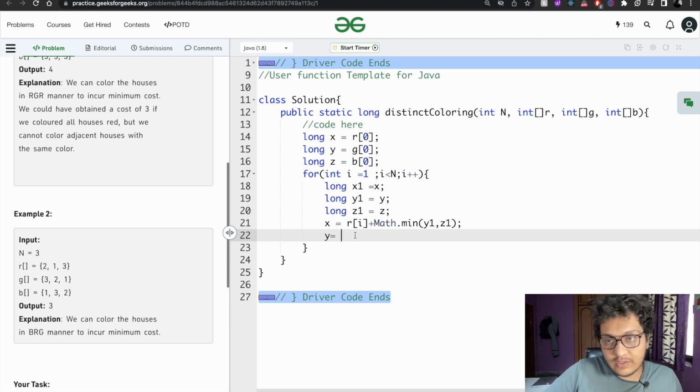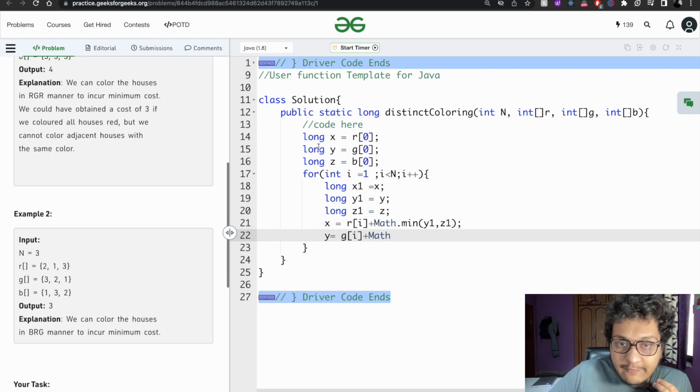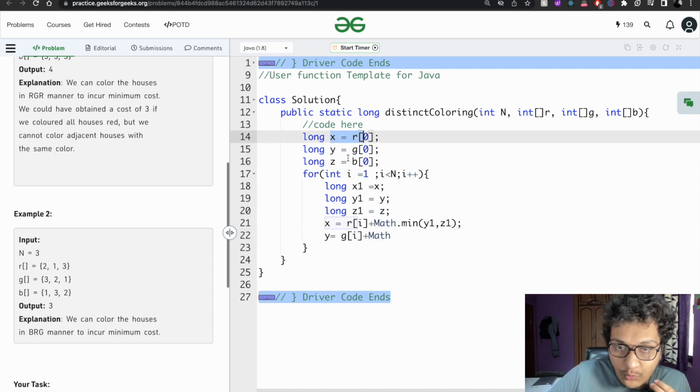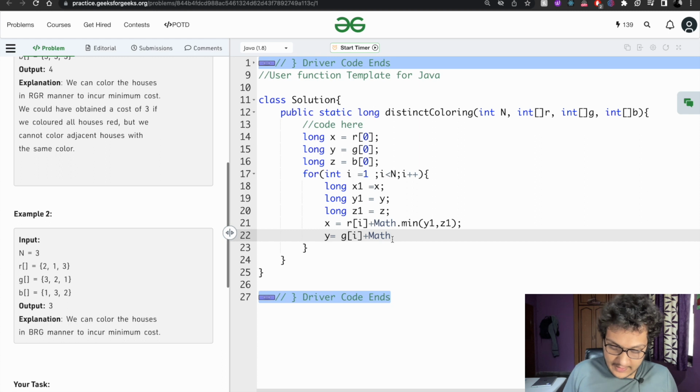So what is the second one? Green color. So what we will do? Green and I. Okay, and you have to check for, ignoring this guy, we have to check for red and blue. So what we'll do, max minimum of